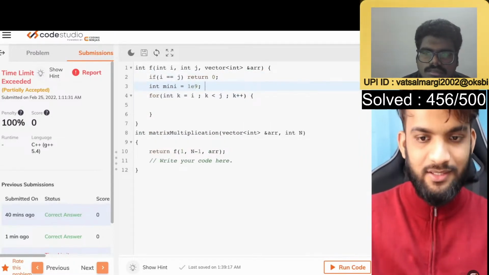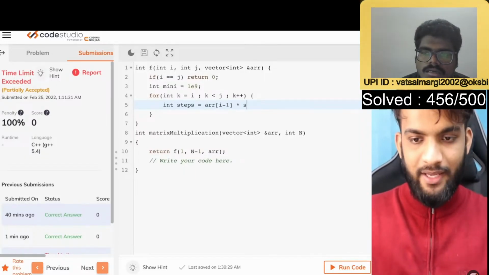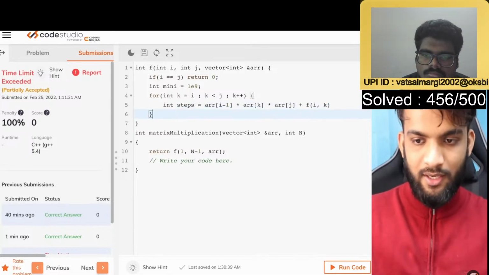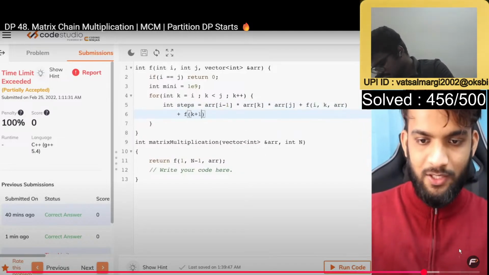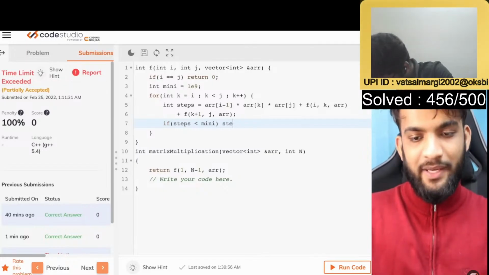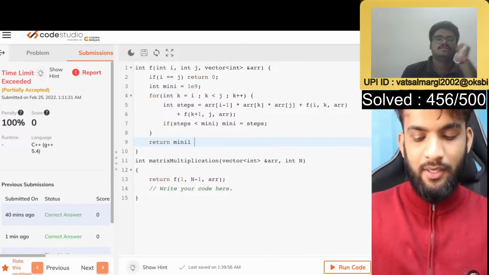In the minimal, so probably keep the minimal mini equal to INT_MAX or something like this. And you know the steps, you can easily compute the steps to be very simple. It's array of i minus 1 into array of k into array of j plus. Once you've got this, solve the first portion, which is i to k, comma array. And the other portion, which is f from k plus 1 till j, array. And whatever you get, if that is lesser than the previous partition steps, you basically replace mini equal to steps. At the end of the day, you can easily return whatever mini you've computed. Right? And what you can do is, let's quickly